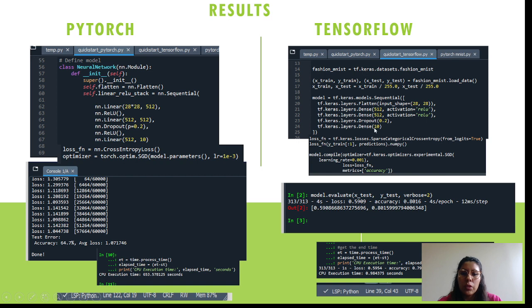After making these modifications to our coding, we got the results. In PyTorch, the accuracy was 64.7% and the loss 1.007. And in TensorFlow, we got the accuracy of 80.16% and the loss about 0.59. And also we got the execution CPU time in PyTorch of 653 seconds, and in TensorFlow we got the CPU time of 0.98